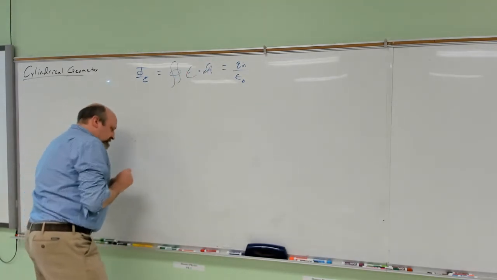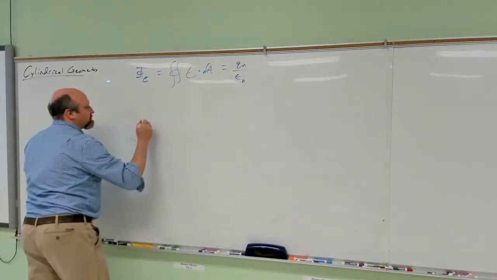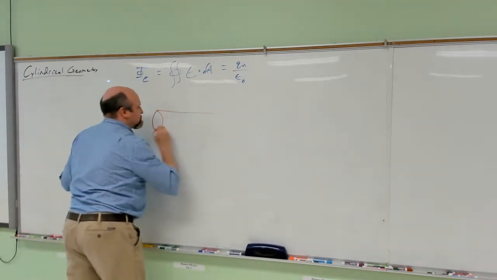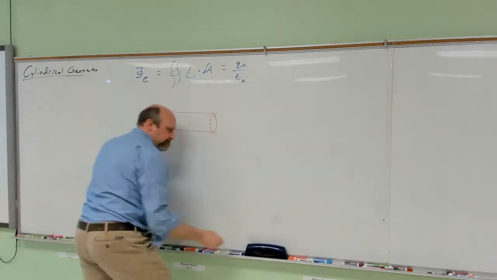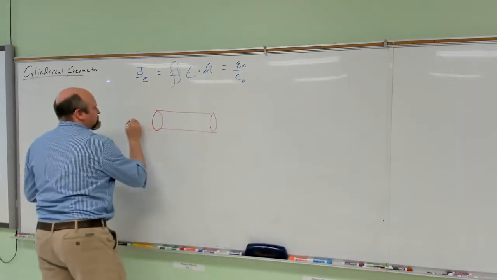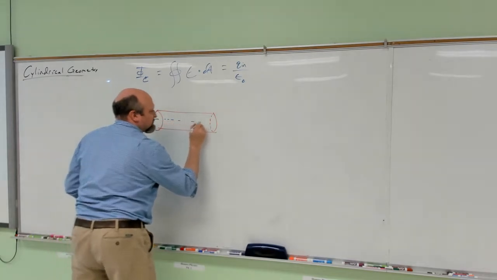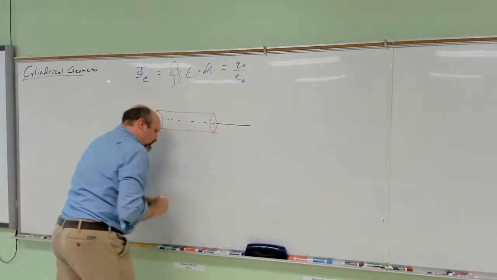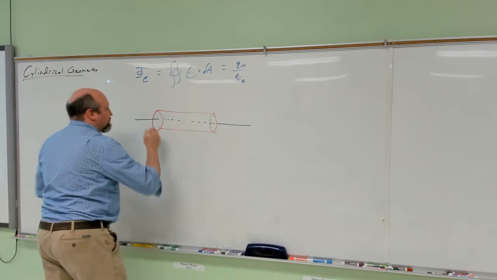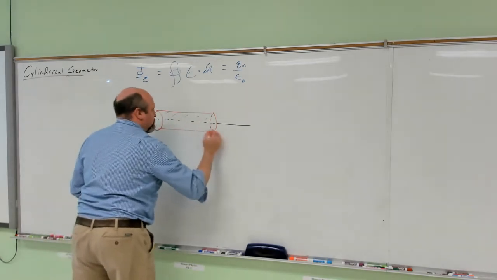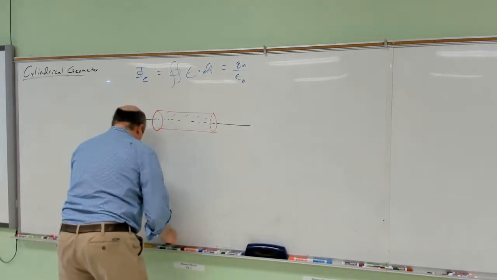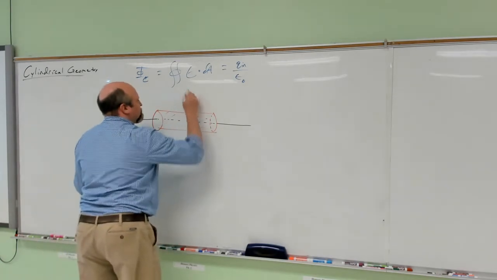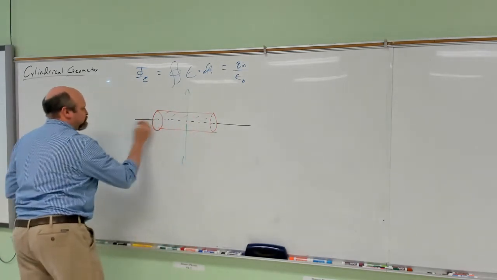Well, the problem is, if I have a conductor that is a cylinder, so there's my little cylinder. I'll draw the axis of the cylinder here, coming out the other side. Well, say this is all full of positive charge, uniformly distributed. Then my electric field for this thing is going to radiate out. The problem is,